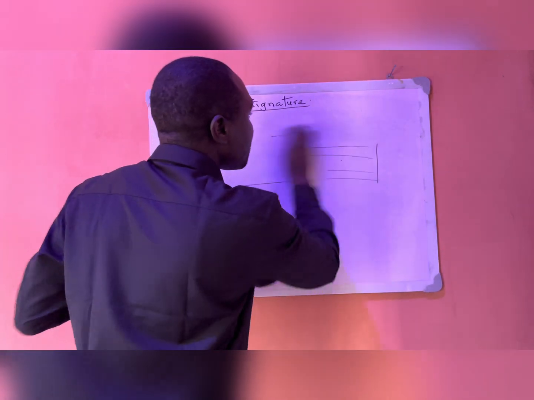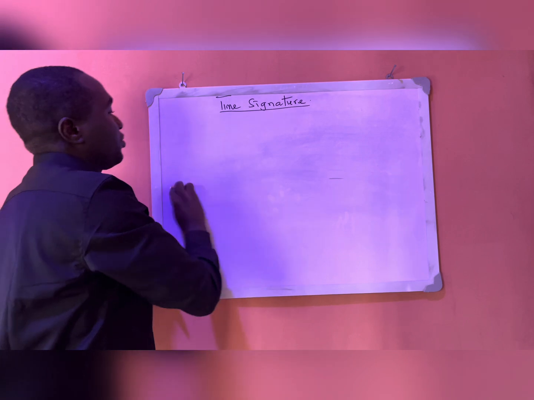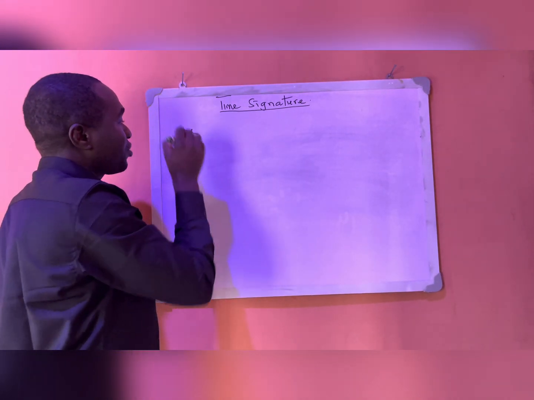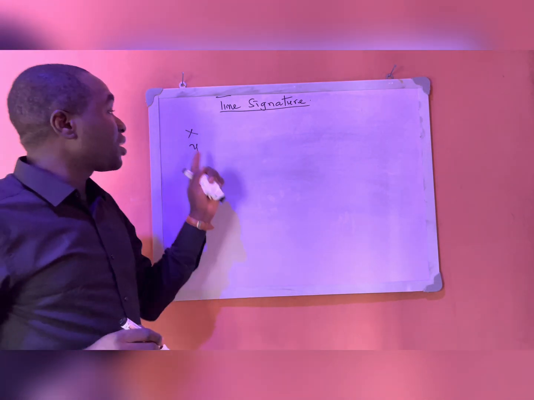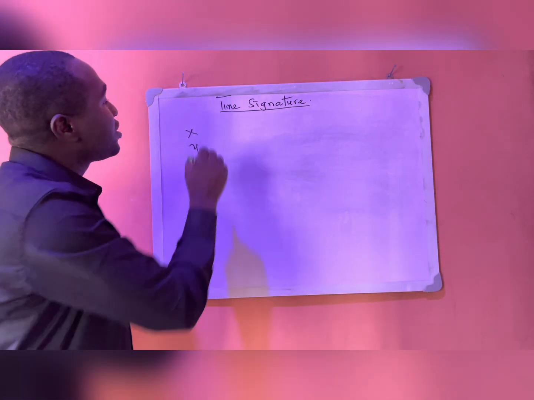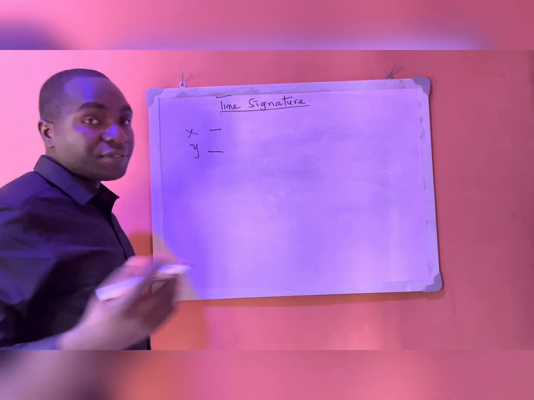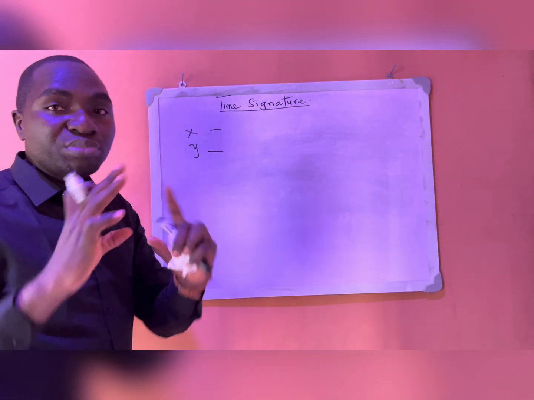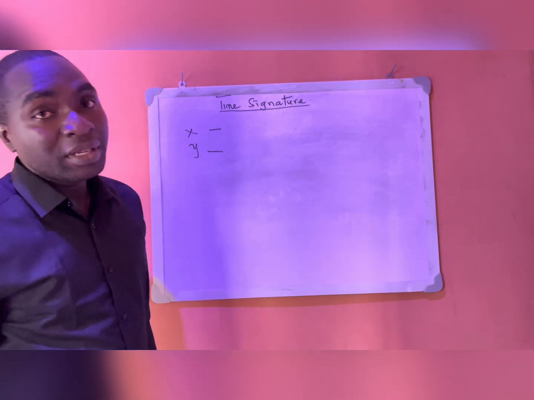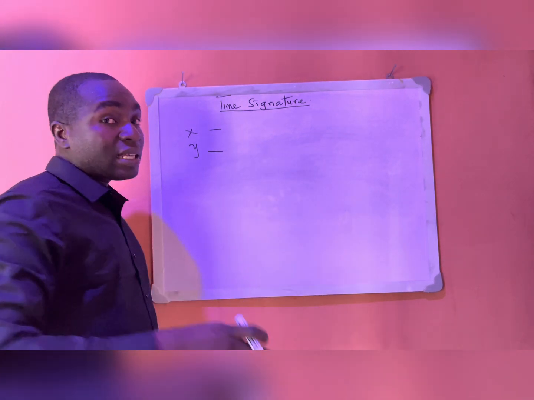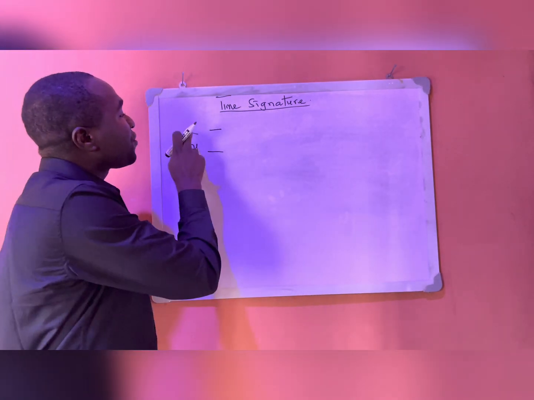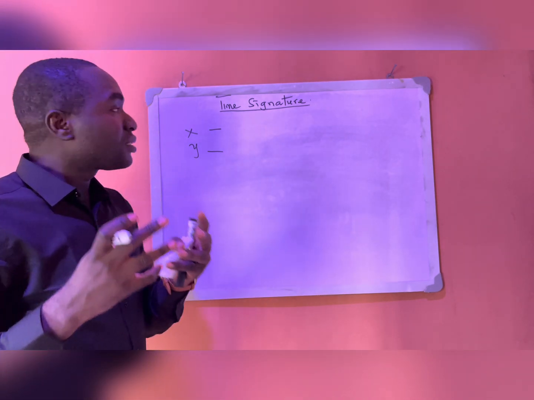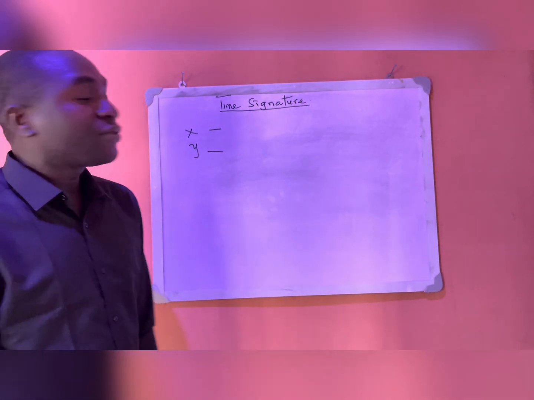I've said earlier on that it is represented by two figures. Now, I'm going to use X and Y, for example. XY. If XY is our time signature, the numbers tell us different things. The figure above tells us how many beats should be in a bar or a measure. In our last lesson, we talked about bar lines, bars and measures. So the figure above tells us the number of notes, or the value of notes, that should be in each bar or each measure. For example, if it is 3,